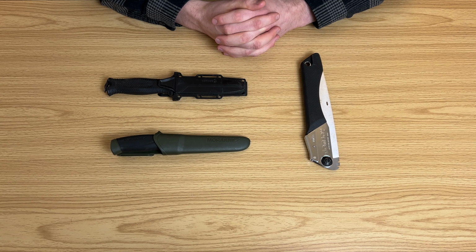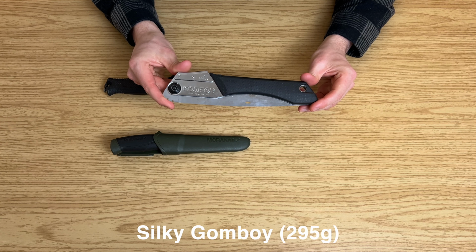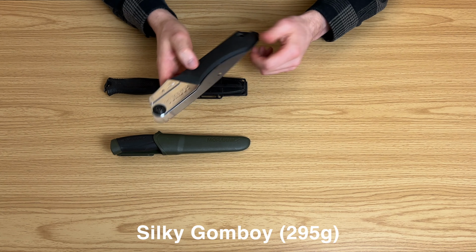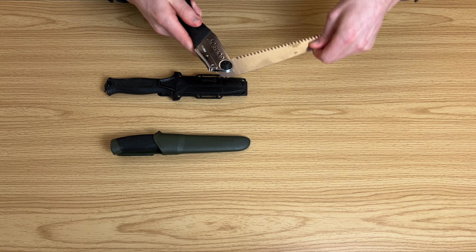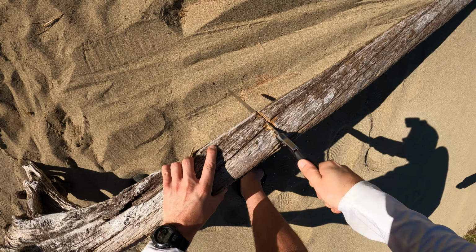Next up, I'm going to talk about some of the tools that I bring. Depending whether there's a fire ban in place or not, I usually like to bring along all three of these tools as they all have very specific uses. I'm going to start out by talking about my Silky Gunboy handheld saw. This thing is an absolute beast. It's really lightweight, it's super solid, it takes up almost no room in my pack, and it absolutely chews through